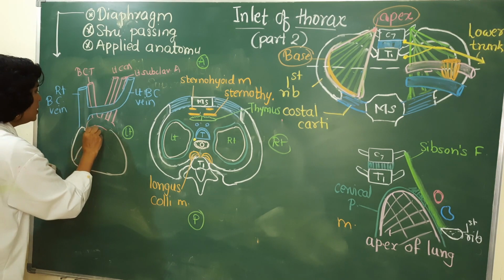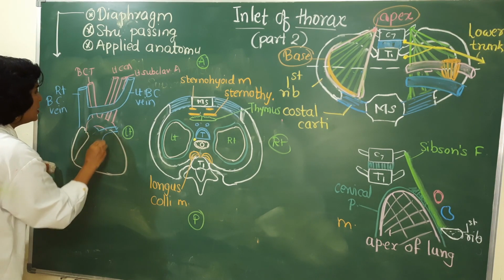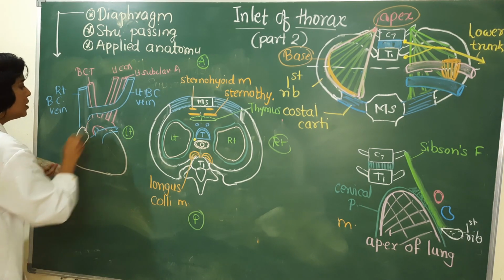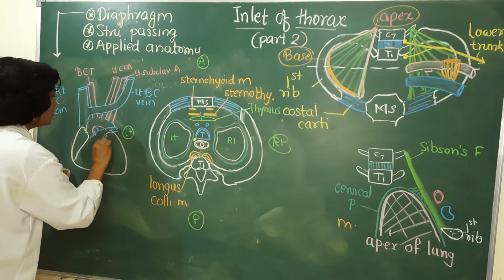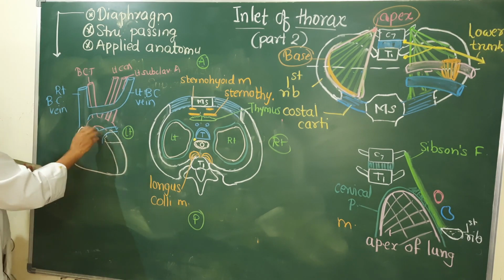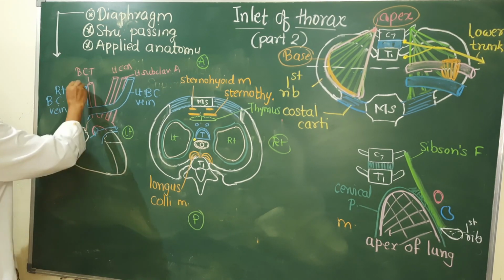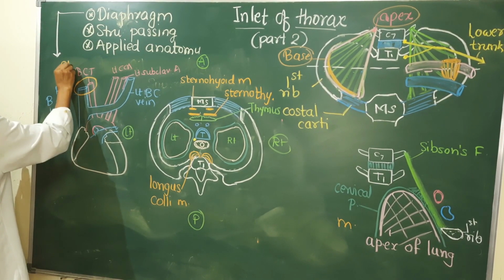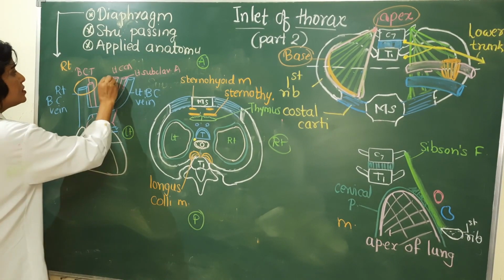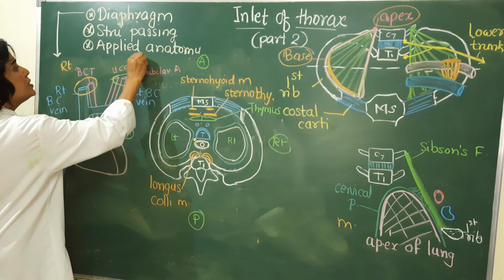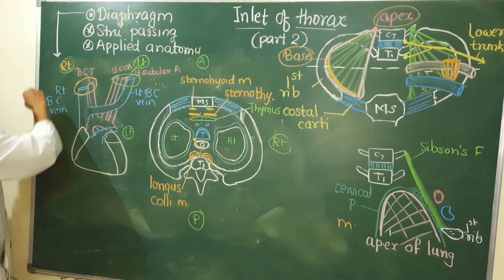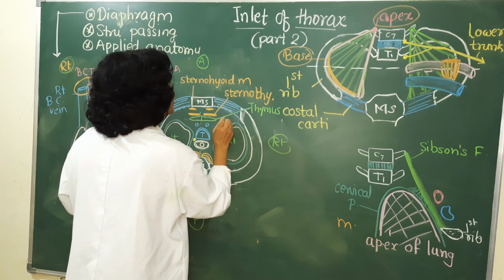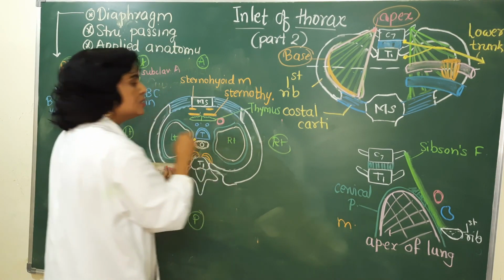We are not going to see the structure of the heart in detail, but here you will get the pulmonary trunk, and here will be the outline of the leftover part of the heart. Concentrate on this area. These structures you will find on the right side, while these structures you will find on the left side, passing through the inlet of the thorax. Here we will draw the same structures. Here you will get the artery, and this artery is the brachiocephalic trunk.